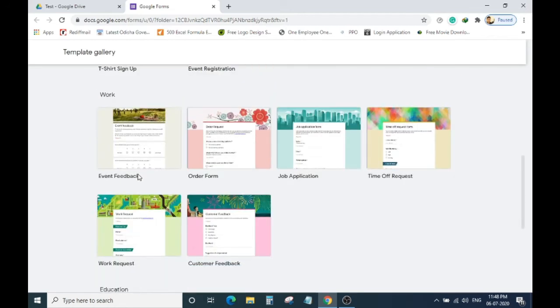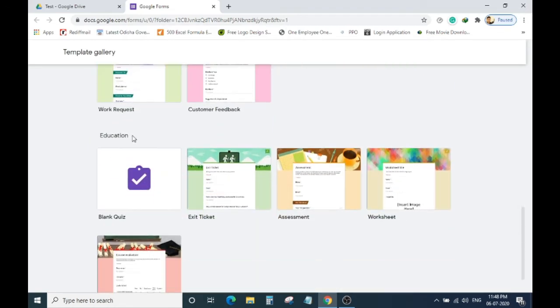Then go directly to education. Here we can choose blank quiz, ticket, assessment, or worksheet. Understood? You can choose any of these. Let's choose blank quiz.